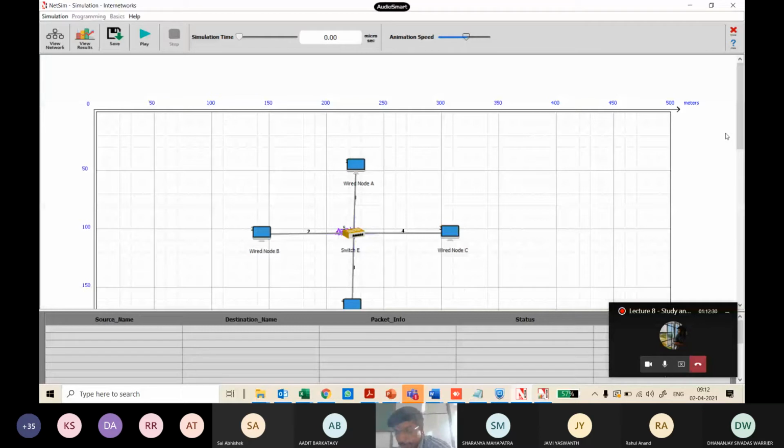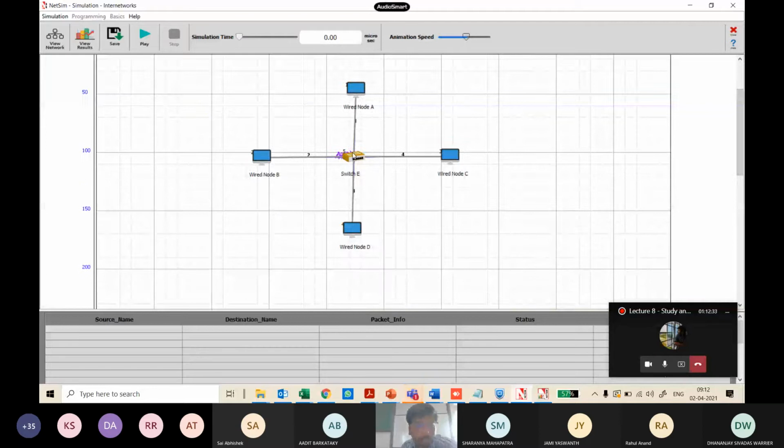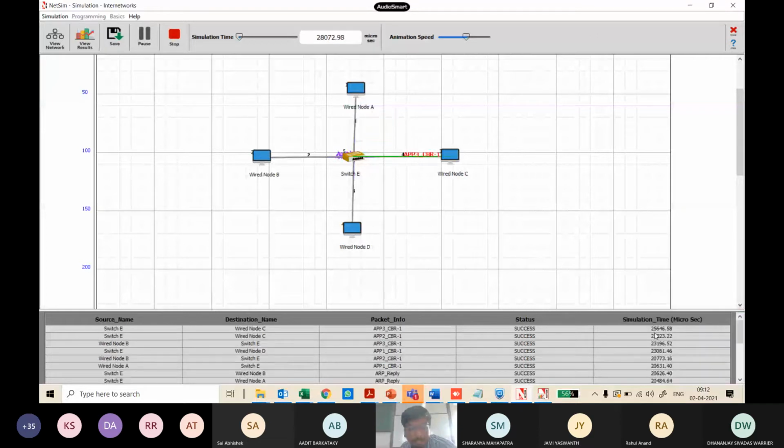Now I'm going to just play and show you. This is like a network animator. When I play this, I see packets flowing. What are all the packets that are going? Everything gets recorded here in detail. You can see all of this, what's happening in discrete time, right? So what happened initially? Can anyone tell me what happened initially? If you want, I can slide it back and show you what happened.